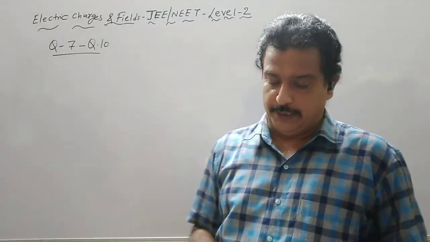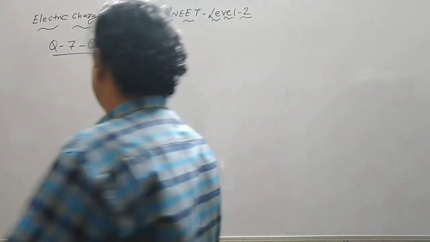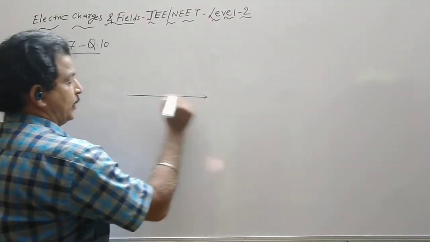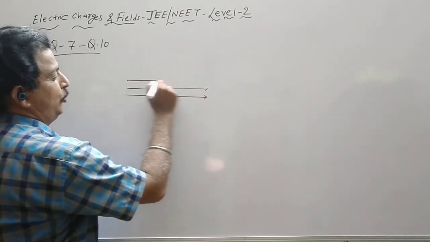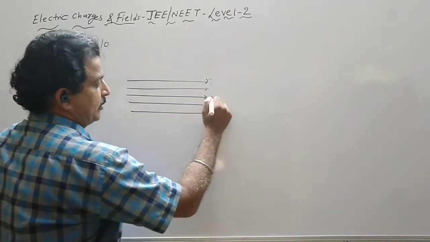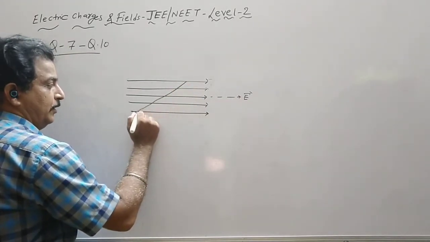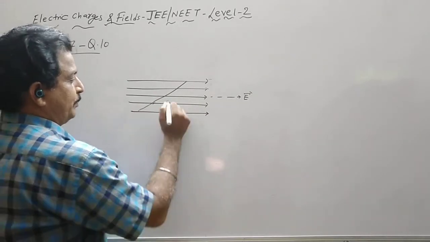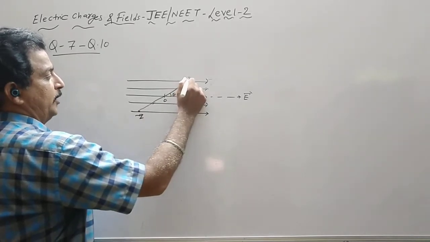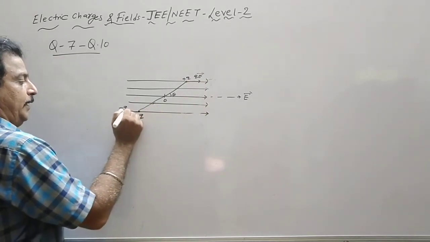Now questions 7 to 10, we have one paragraph. Now before we move on to those 4 questions, let us try to revise the theory of an electric dipole in a uniform electric field. So if you remember, the electric field intensity is taken along the x-axis and the dipole was placed making an angle theta. Here we have a minus sign, plus q charge. This is qE force and this is minus qE force.